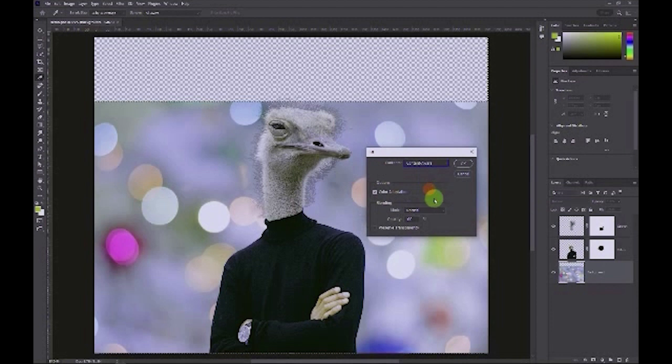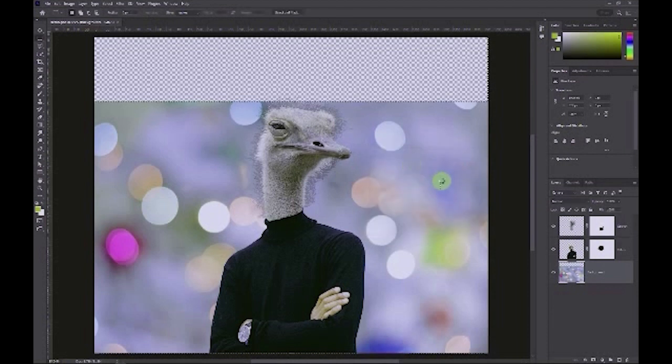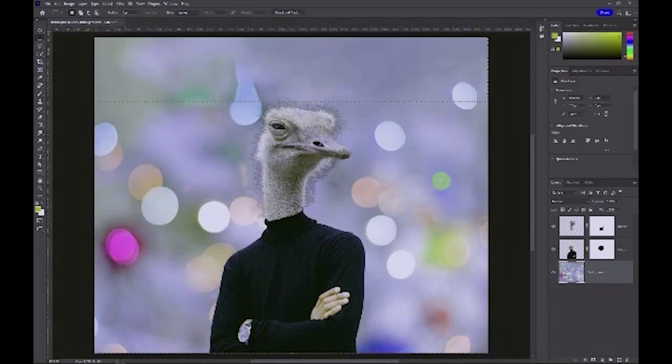What Content Aware Fill does is it looks at the entire layer and tries to imagine what this layer would look like if it were filling this other area. So we'll click OK. That works pretty quickly depending on your computer,